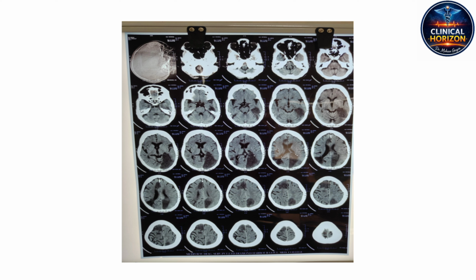An MCA occlusion typically presents with profound hemiparesis, facial droop, and often devastating aphasia if it strikes the dominant hemisphere. But the PCA is different. Very different. The PCA supplies the occipital lobe, the visual cortex. So a PCA infarct manifests with highly specific visual deficits. What specifically? The classic presentation is a contralateral homonymous hemianopia. They lose half their vision. Right, the patient completely loses the right half of their visual field in both eyes due to the left-sided cortical